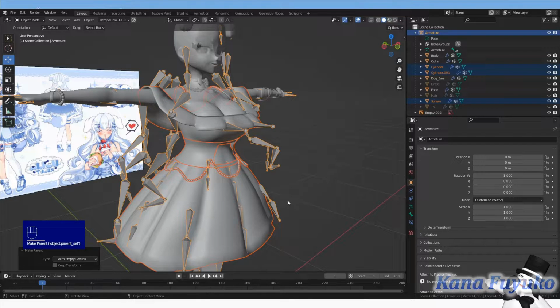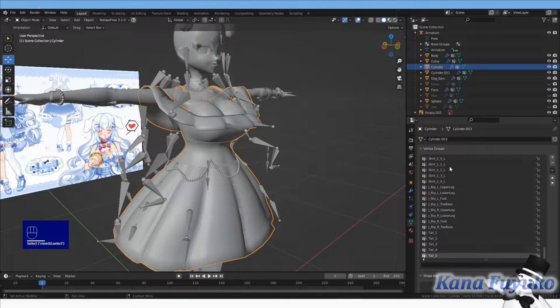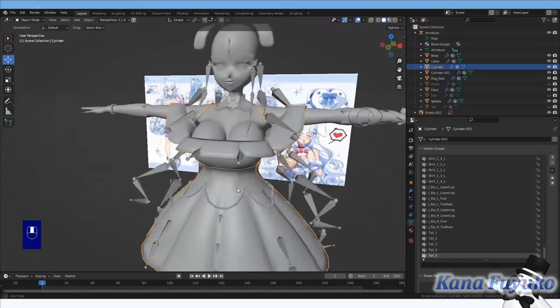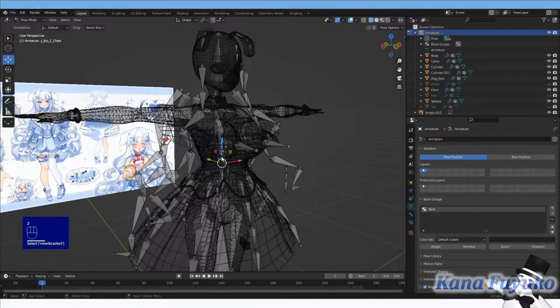Empty groups basically means that it will attach the mesh, the dress or whichever mesh, to the armature. It'll automatically register the vertex groups, but it will not auto weight paint, so it still won't follow the model, and I'll show you.